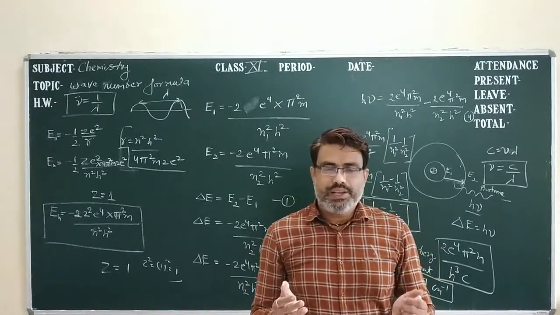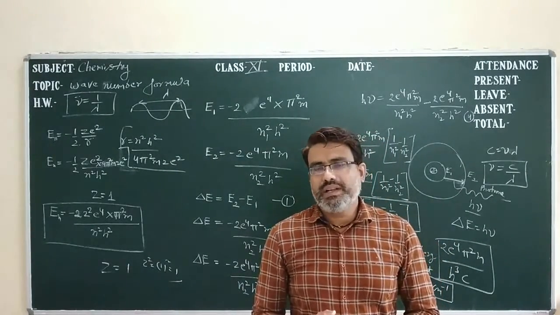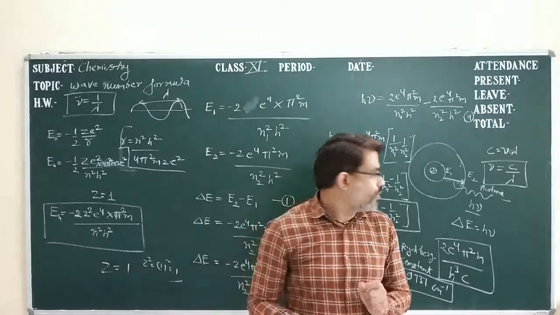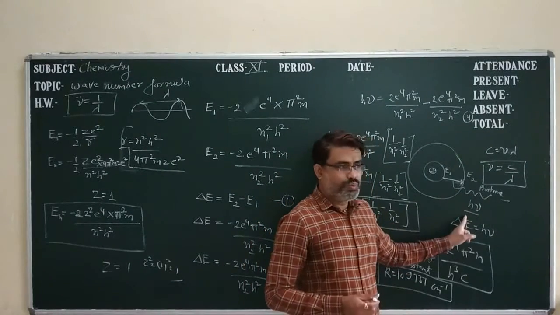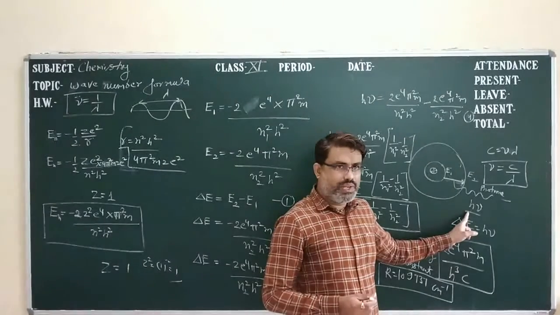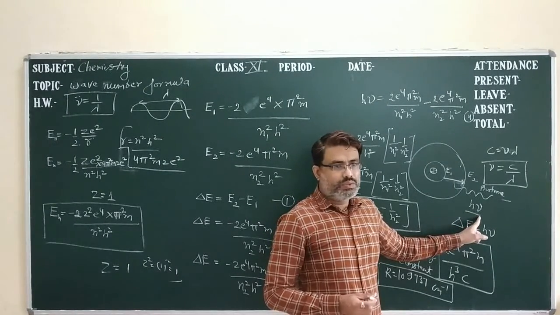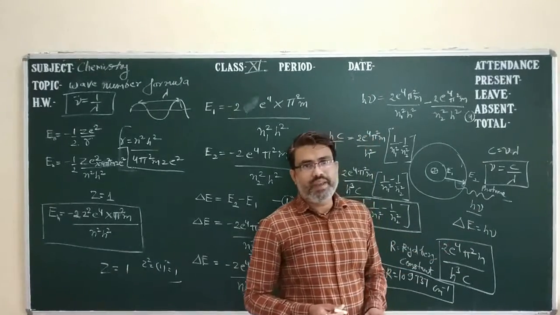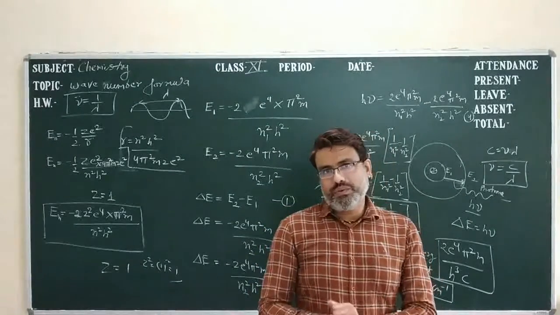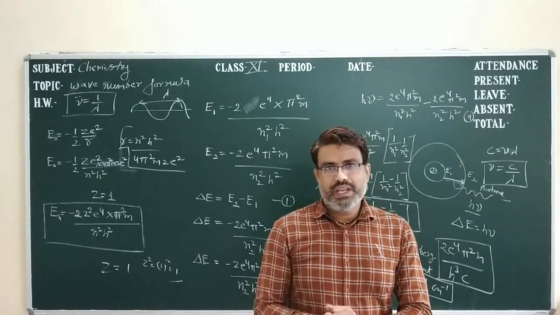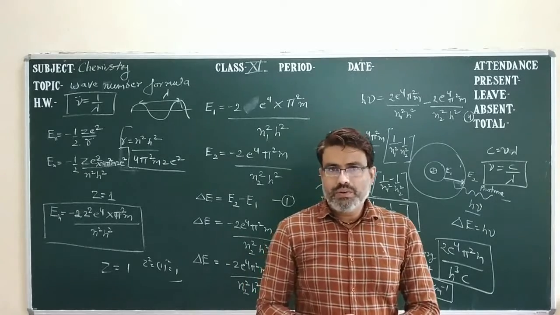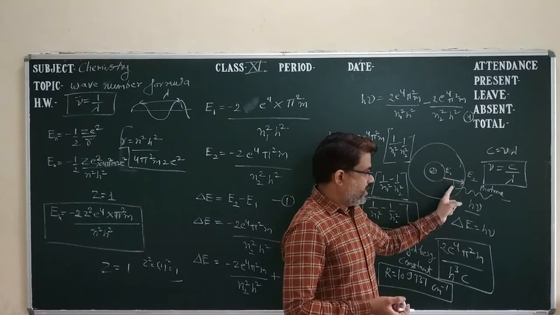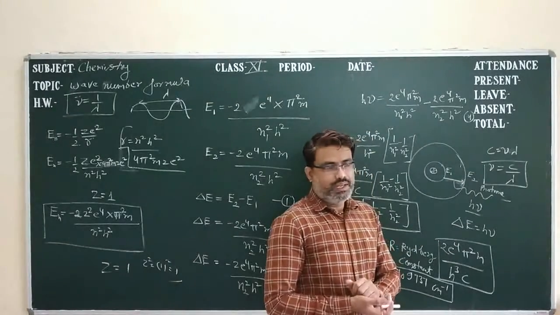So this energy is emitted or absorbed in the form of energy particles. These particles are the quantum of photon. The energy of this quantum photon is given as h nu, where h is the Planck constant and nu is the frequency. So we are actually calculating the wave number for this quantum or photon, which is absorbed or emitted. Now suppose we have these two energy levels, so the energy that is absorbed or emitted during